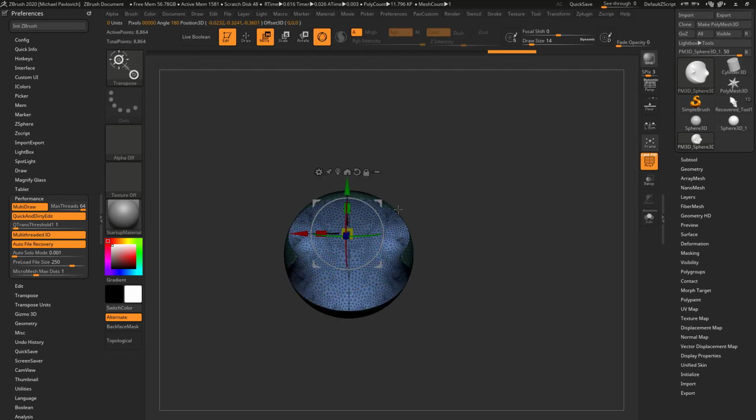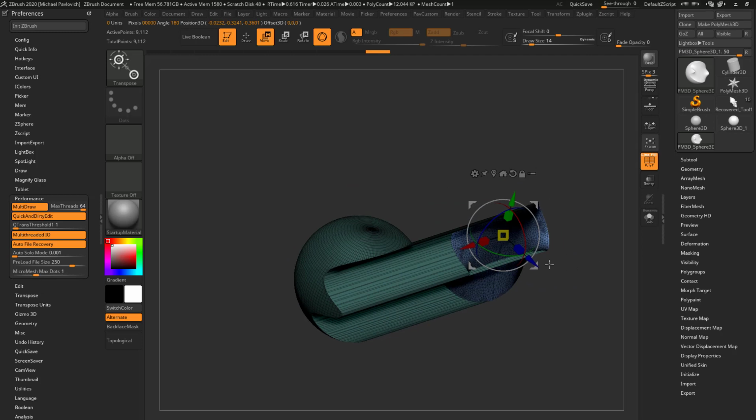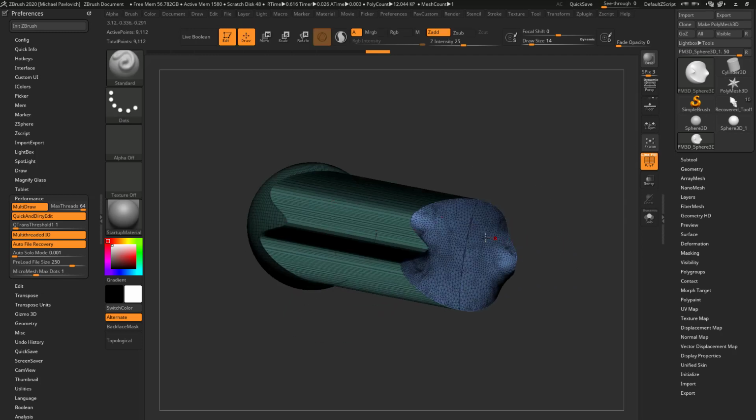Let's turn off X symmetry temporarily and hold down Alt and reset this. So we're going straight across. We're going to hold down Control and drag, and that's going to add an edge ring here. And that's important if we want to maintain this polygroup back here, because what we're going to want to do